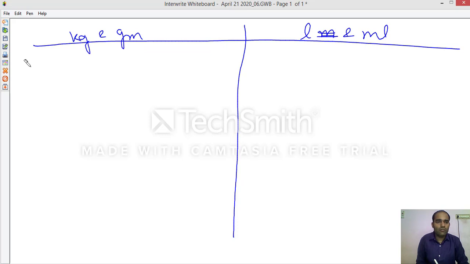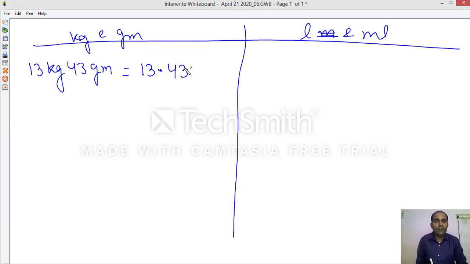Someone says 13 kilogram 43 gram. What do you need to do? 13. After kilogram the point will come. After the point how many digits should come? 3 digits should come. So 43, you will write 43.